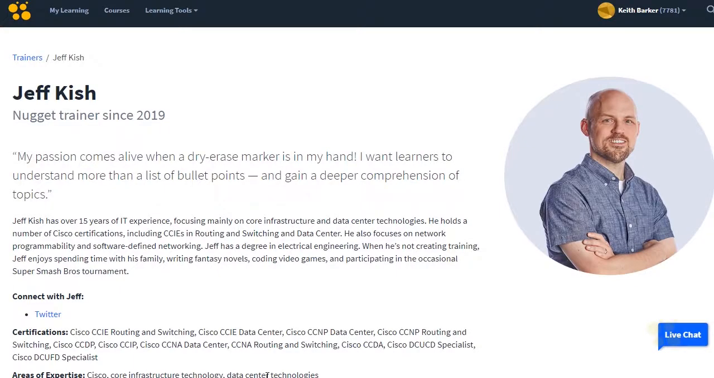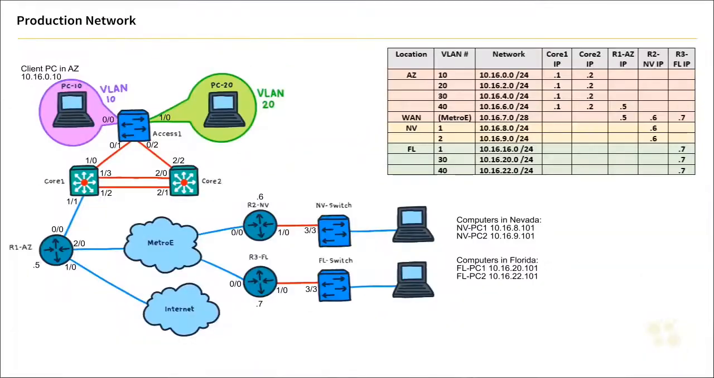Okay, Jeff Kish here, getting ready to do the lab that Keith has sent me. So Keith, let's see what you got in store for me here today. Looking at the diagram here, I gotta say, I want to do a little bit of exploration here. First of all, it looks like my PC, my client PC here in Arizona, is sitting in VLAN 10 at